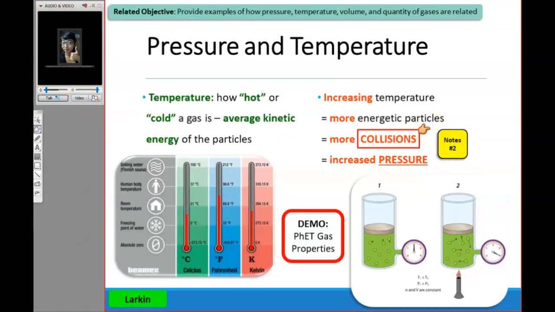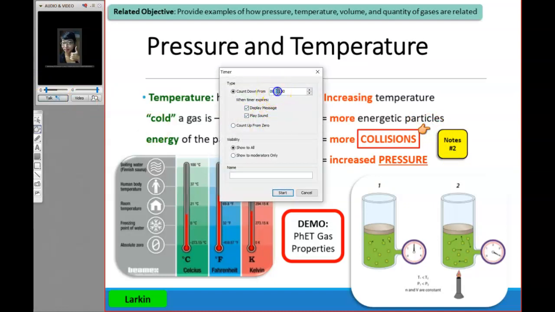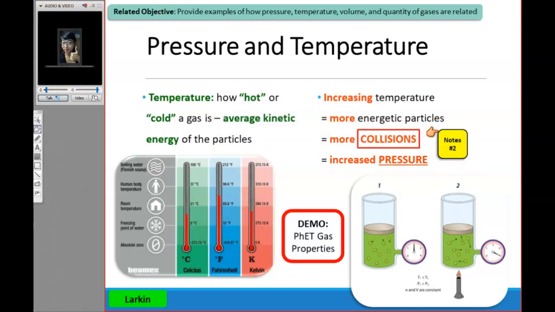Cool, this is number 2 in your notes. Go ahead and fill in the blank with the word collisions and only the word collisions. Make sure you spell it correctly. 2 L's. Green checks when you have that saved. You have 30 seconds. Go, go, go.